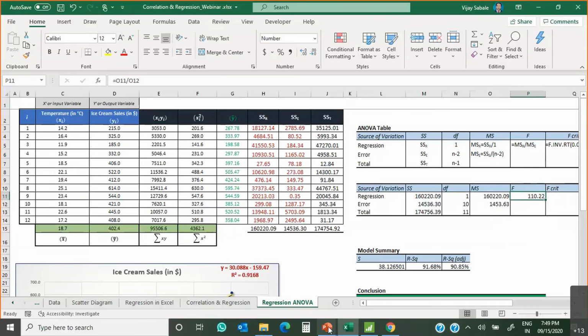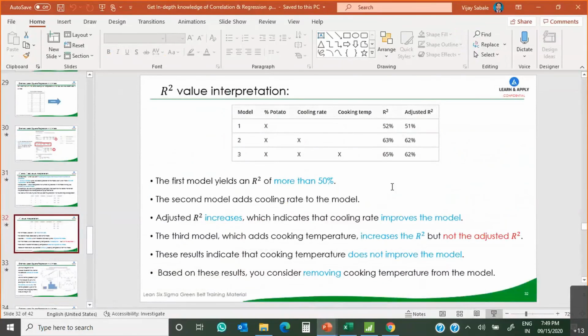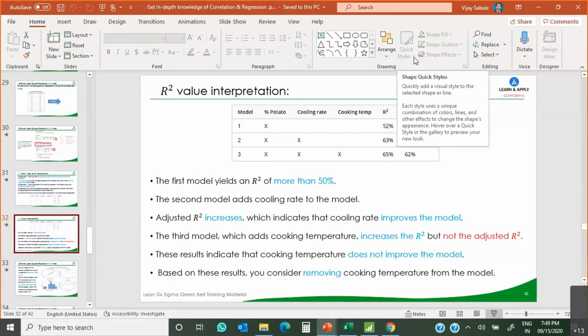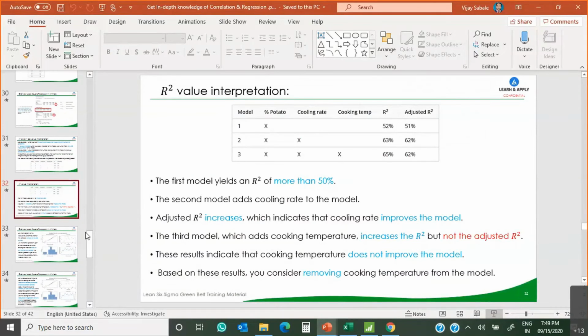But I think from this session you have got an idea about what a correlation is, what a scatter diagram is, and what a regression is, right? Everyone? Yes, sir. Yes. Okay. Thank you so much. It was too much to deliver, but due to time constraints, I was not able to deliver that.